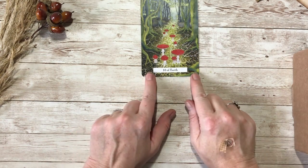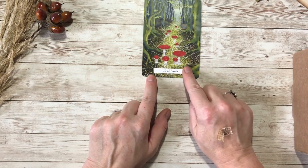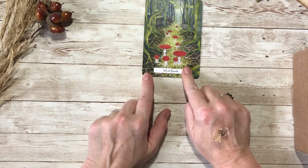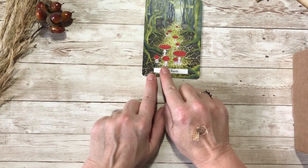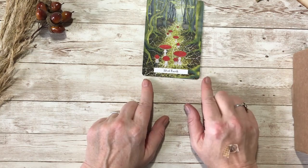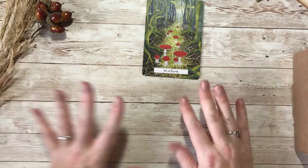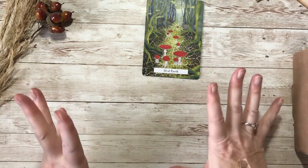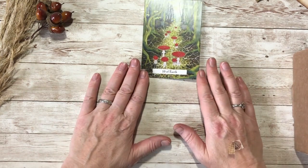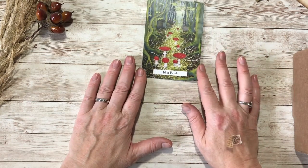And one of the things that you can see in this card is sort of like, are they called roots on a mushroom, or are they called something else? I'm going to have lots to learn here. I'm going to learn all about mushrooms, or possibly toadstools. I'm going to find out about the root systems, which, if I'm correct, are a really important part of the ecosystem of the forest and spread for miles and provide sustenance to something which I can't remember. So I'm really going to enjoy looking up and seeing what is being depicted in this card and why it's important